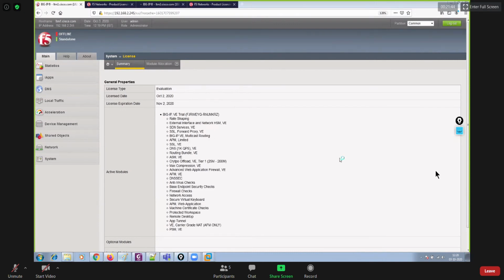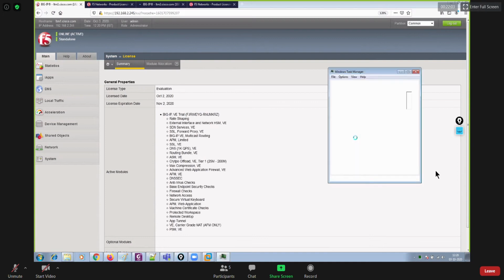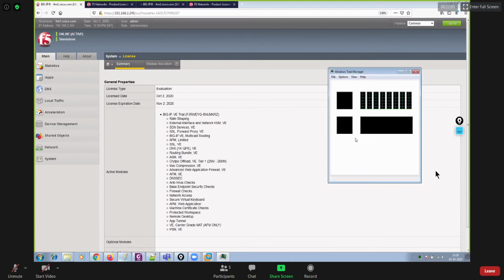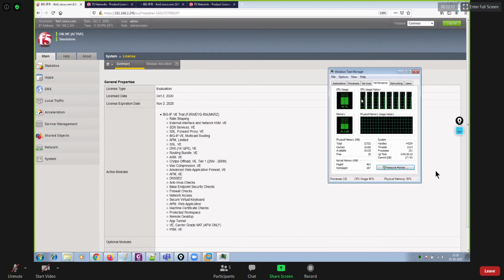The system is performing pretty slow. The first box has come up now, and it's active standalone. Okay, CPU is quite high.